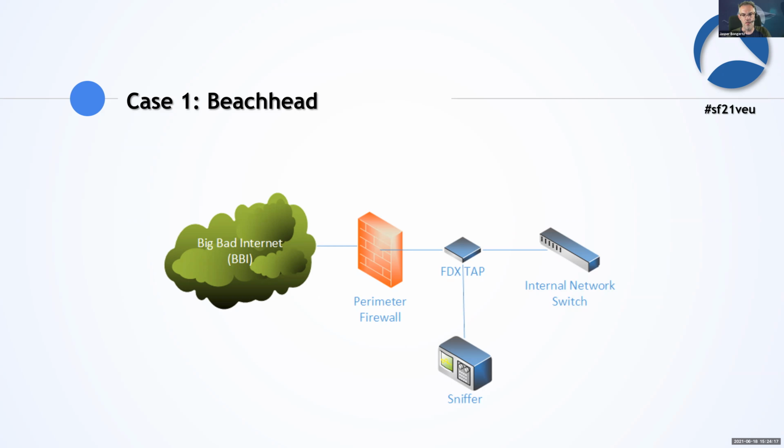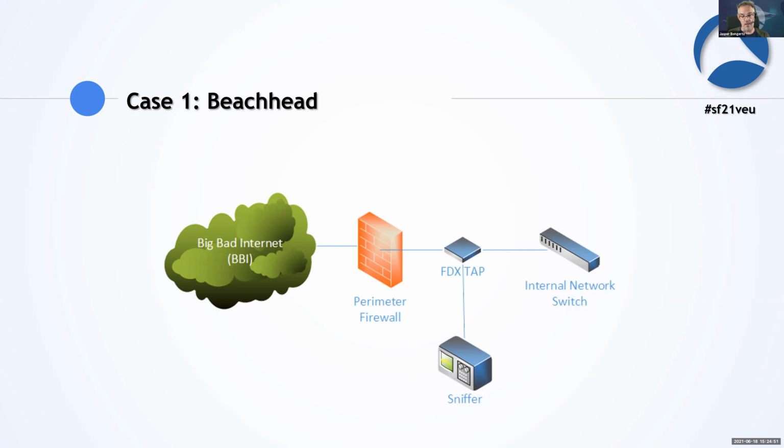But it's a good idea to use a tap, because the tap is your device. It's completely passive from a network point of view. It's not completely passive from an electrical point of view, but forget about that. If you put a tap in like this, a copper tap is quite good, a fiber tap would be better, the attackers have no way of hiding their packets. They have to go through that device. And if they go through that device, they get forwarded to my sniffer, and there I can capture them. They have no way of hiding their communication if I put in a tap like this.